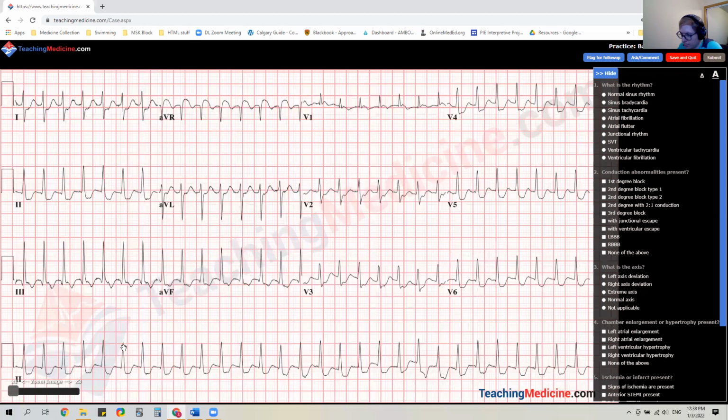So 300, so it's over 150. It's generally a 10-second ECG, so it's not really a concern. This looks like it's mostly downgoing here. If you look at aVL, that's down. This is up, so it looks like this is a right axis. So for rhythm,